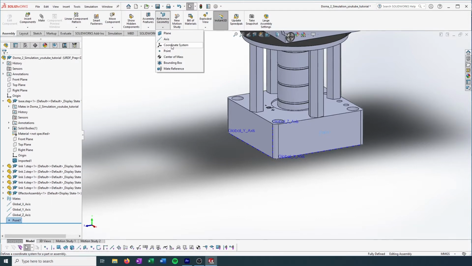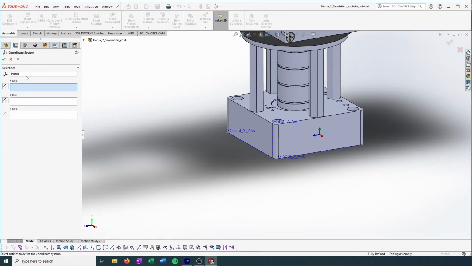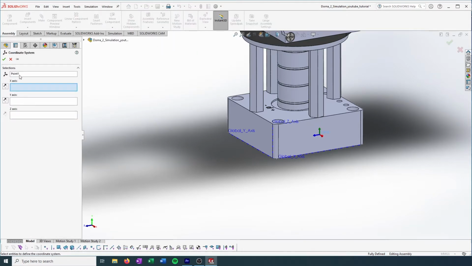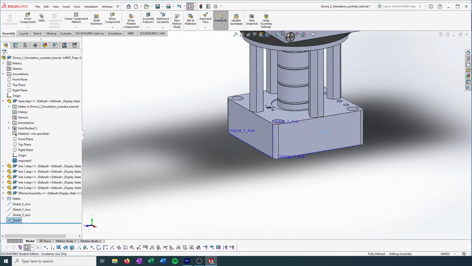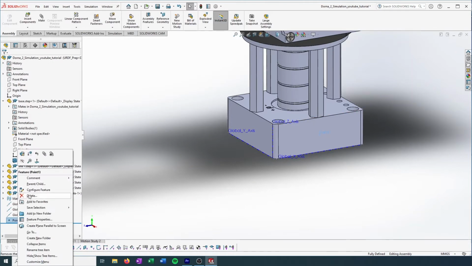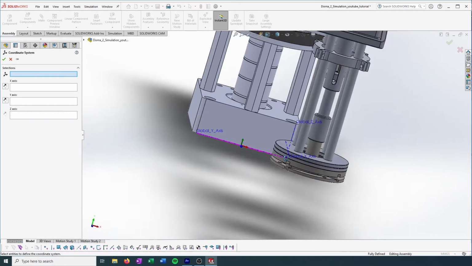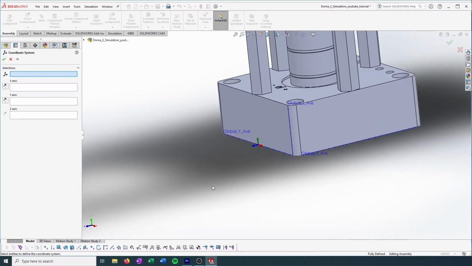So now if I go to coordinate system, it'll automatically select that latest point that I made, because that point was automatically selected by SolidWorks, as you can see. So when I go to reference geometry coordinate system, it selects that point, and I click on, and then it automatically puts the coordinate system at that point. So that's another useful tool we'll be using later on. But for the time being, as you saw, it actually put the coordinate system right there, which I liked. So I'm just going to do it again, because I actually do want my global coordinate system to be right